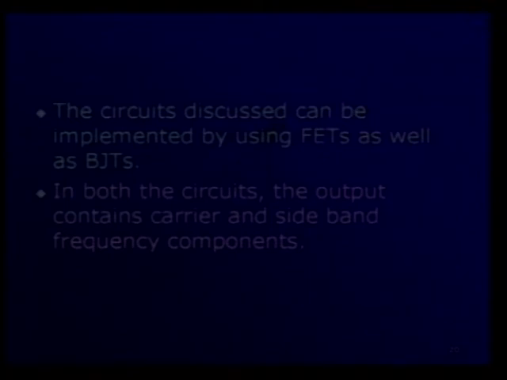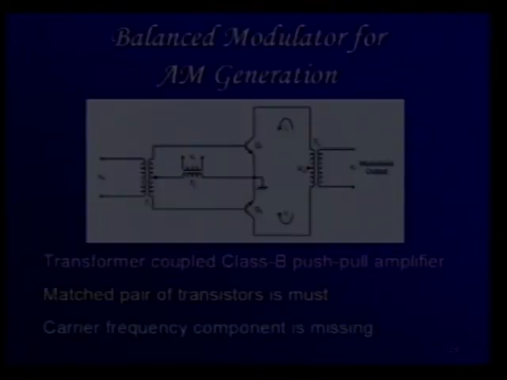But as I told you, the carrier signal is not a very great idea because it is anyway eating up the energy that we are sending out, and hence we are going to use what is called a balanced modulator for AM generation. In this case we have a class B push-pull amplifier where a matched pair of transistors Q1 and Q2, as you see, have their emitters coupled together, and the bases are given the modulating signal in opposite phases. If the positive part of the modulating signal goes here, the negative goes here. So these two transistors are operated by opposite phases of the modulating signal.